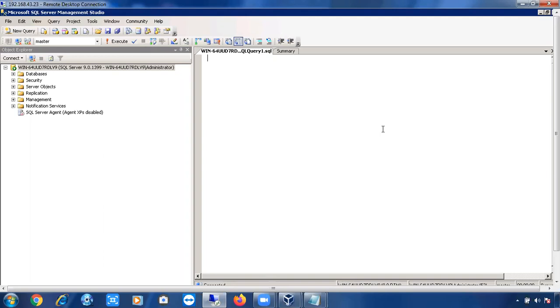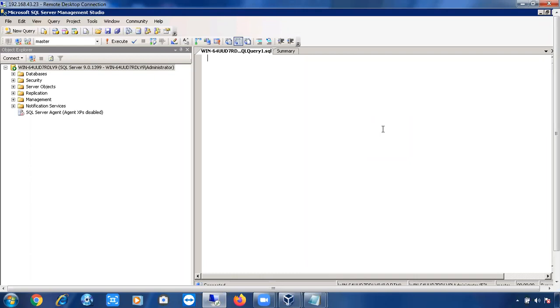Remember one thing, a query is possible for everything, but the graphical user interface is not possible for everything. Why? Even though you are using a graphical user interface, SQL Server doesn't know that interface. Your graphical user interface means your management studio, and it will change those instructions into a query.